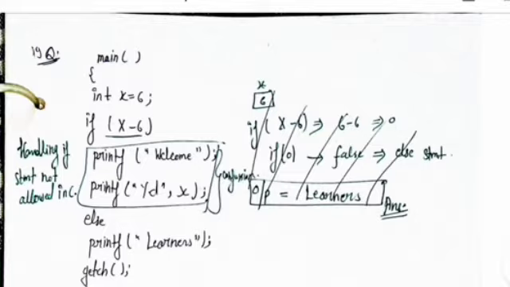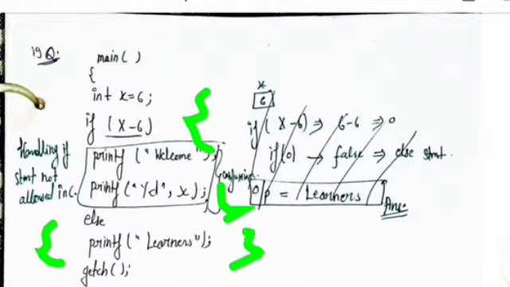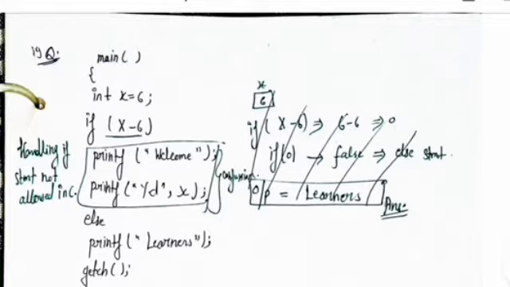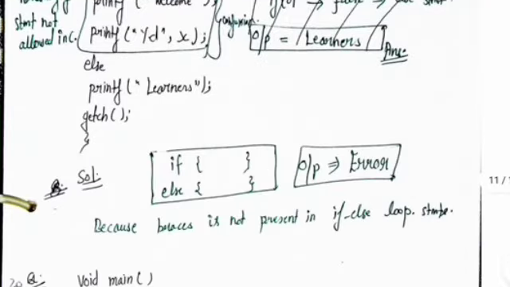So here we see that in the given code, the handling of the if statement is not allowed in C. After the if statement, curly braces are not used and not enclosed, and for the else statement as well, the curly braces are not enclosed and closed. So when we execute this line of code we get an error. So the answer of this question is error, because of the if else statement.